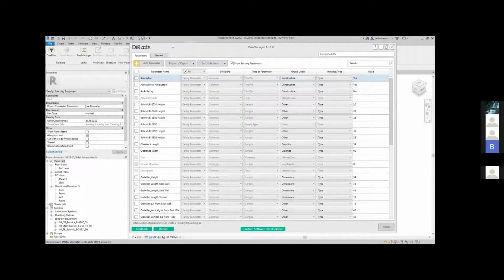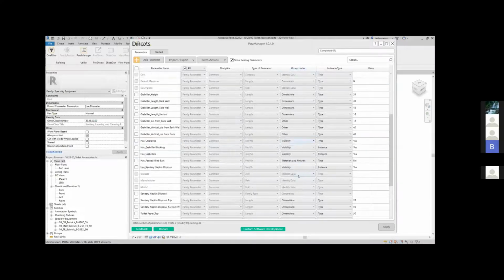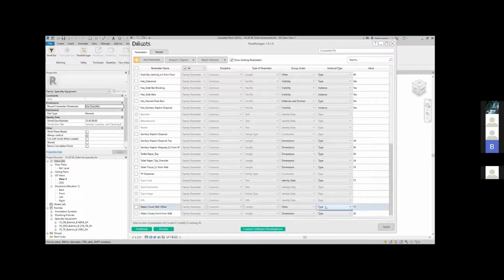But yeah, you can come in with the DI roots, and like you said, I know it's here, but I really haven't used it a lot. But it's good to know that you can come in and say, okay, I can just see all my parameters and what all their elements are. It's actually a great way to just edit